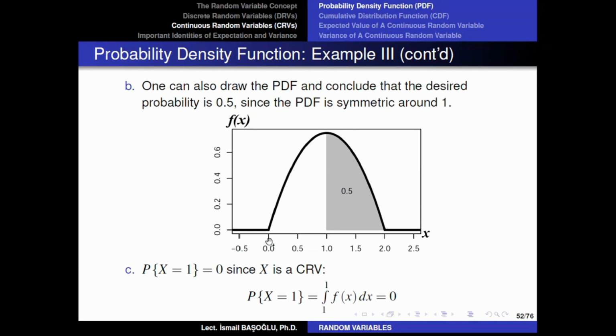For this random variable, anything between 0 and 2 is possible. However, this is improbable because the probability must be equal to 0. So this is the difference between improbable things and impossible things. It is because of the continuity of the values. You can in fact prove this by integrating the PDF from 1 to 1, and you will definitely get a 0 from that integral.